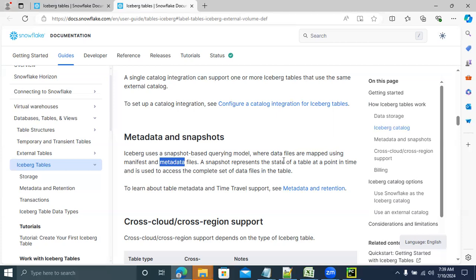All kinds of information will be stored, as well as it will do the snapshotting. Whenever new files come in, we'll take a snapshot. Whenever new files come in, we'll take another snapshot. It will have all the snapshots. If any failure happens, and you want to go to the previous version, you can query it. That's the use of snapshots.